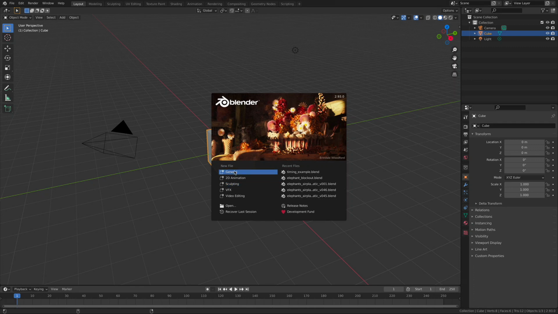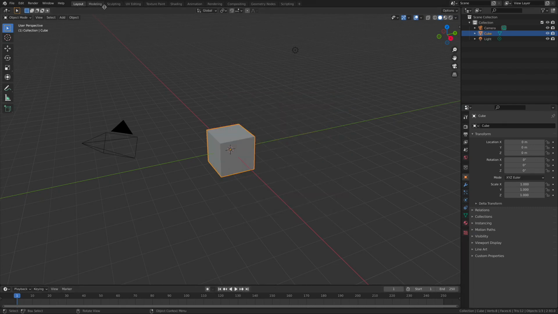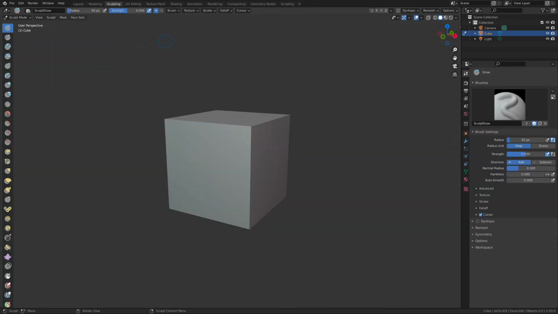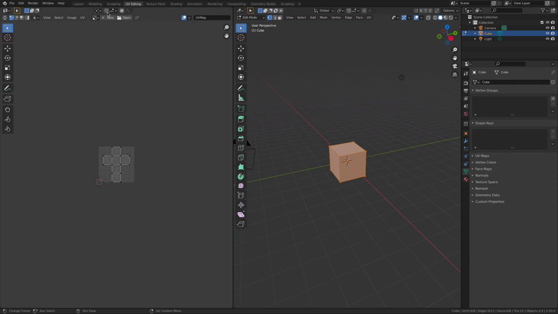But for today and for our first moments, we're going to work inside the General tab, which is basically going to leave all these tabs where they are. And there's a lot of them in here. There's the Modeling tab, there's the Sculpting tab, so you always get access to the Sculpting tool, UV Editing. I'll let you cruise through and check out all of this stuff on your own.